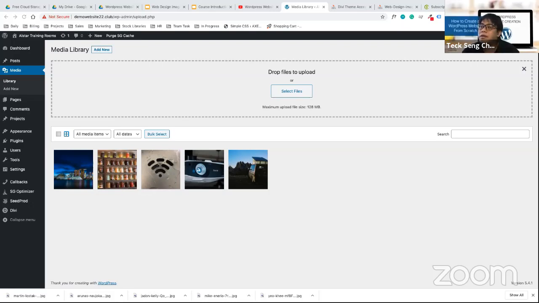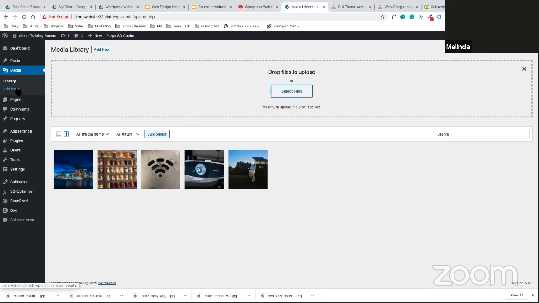Can you see a select file? Have you clicked add new? I clicked already. What do you see? Download files to upload or select file. Okay, so I select from here. Correct. Okay, thank you. No problem.